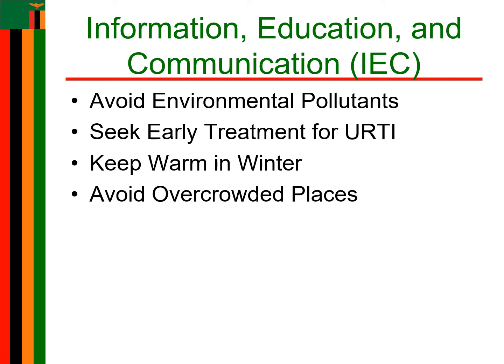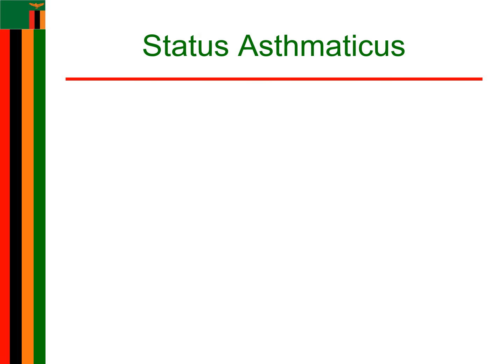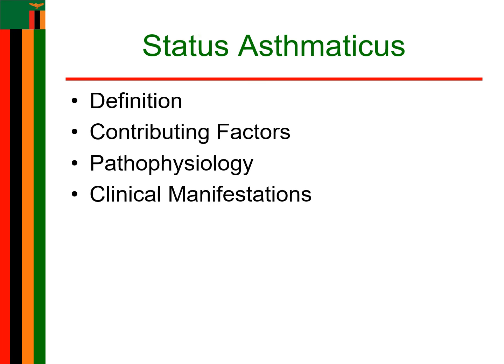So, the complications of asthma include status asthmaticus, atelectasis, emphysema, bronchiectasis, and death. Let's look at status asthmaticus. Status asthmaticus is a severe asthma that does not respond to conventional therapy and lasts more than 24 hours, resulting from bronchoconstriction in response to a wide variety of stimuli, characterized by wheezing, chest tightness, loss of